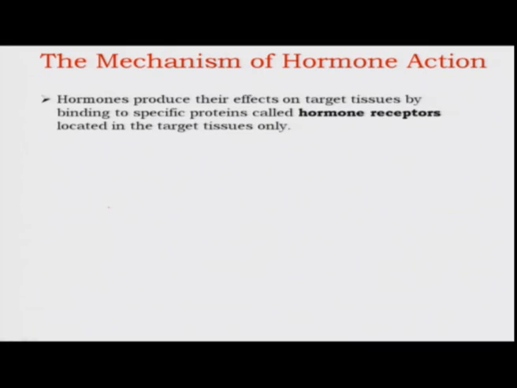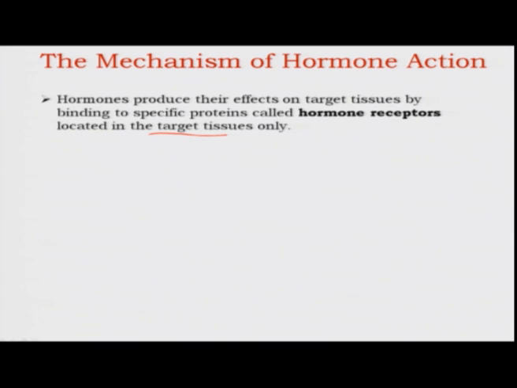Hormones produce their effects on target tissues by binding to specific proteins, which are hormone receptors. Now, I will introduce you to the concept of a receptor. A receptor is a molecule present on a particular cell which is able to recognize and specifically bind to another molecule known as the ligand. The ligand in this case is the hormone. So, the target tissue must contain a hormone receptor in order to become a target for that